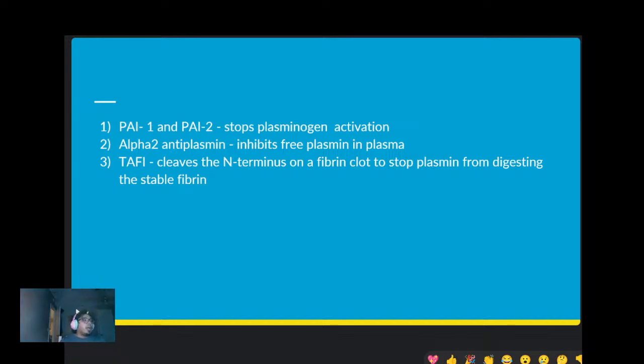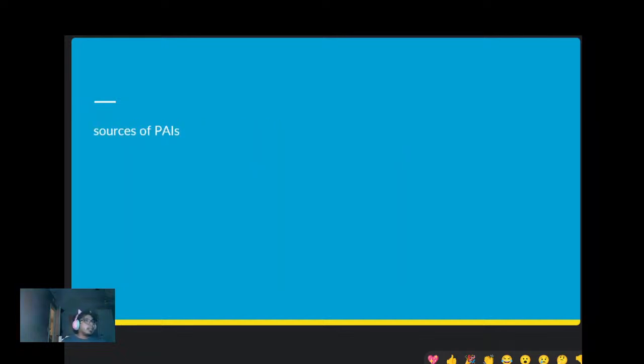Okay? Now we're going to skip the next ones. Let's go to sources. We already know that. Sources of this one are the endothelium and the epithelial cells. PAI is from the placenta. That's why I said if you go into OBGYN, you should always study PAI, because it causes a lot of spontaneous bleeding. But let's go down some more.